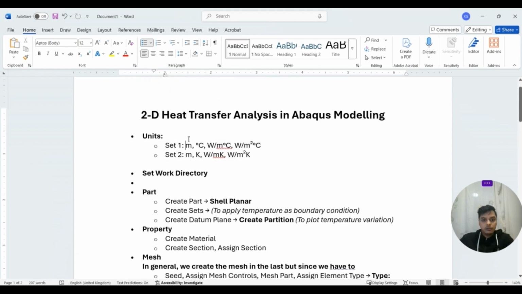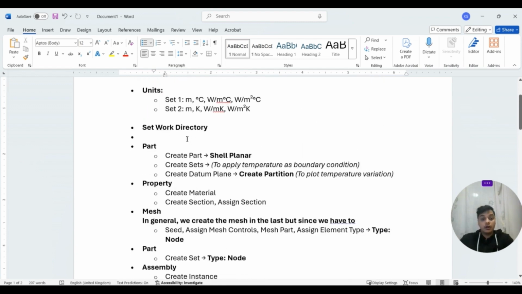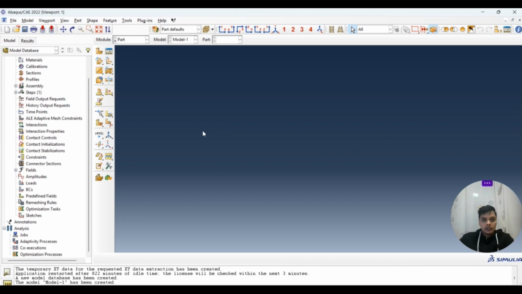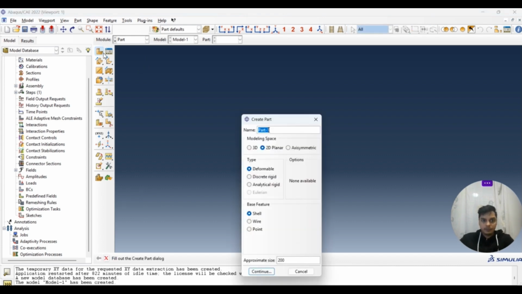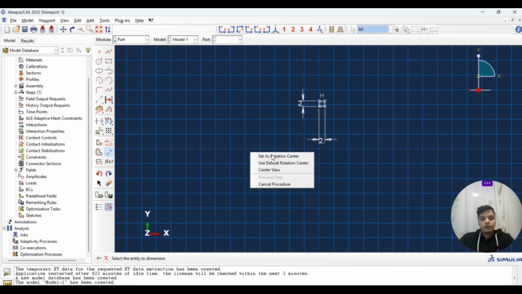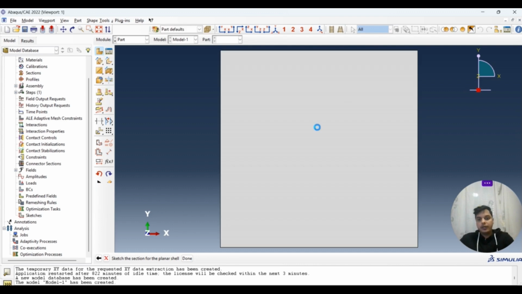These are some of the procedures, a systematic way to address our problem. We have to create a planar part, and we'll switch to this systematic approach again and again to understand whether we are doing it correctly or not. So let's create our part. This is a plate, a 2D deformable shell. We want it to be 2 meter by 2 meter, so here I define 2, and here again I define 2. Perfect. So our part is ready.